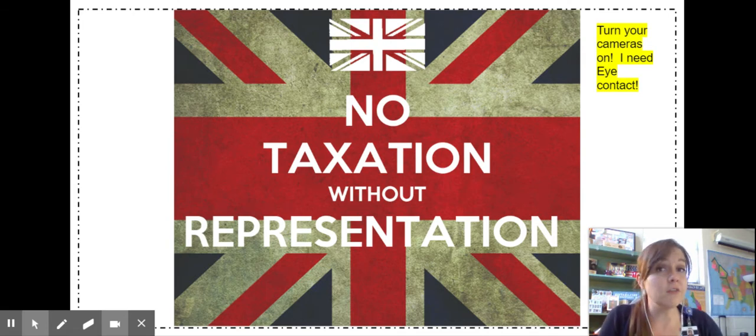The colonists would have gladly paid some taxes to pay for the war. I mean, they did get defended against the French and the Indians. However, we were not able to have representation. We didn't have any say-so in Parliament, and that made us feel like lesser citizens. We'll talk a lot more about no taxation without